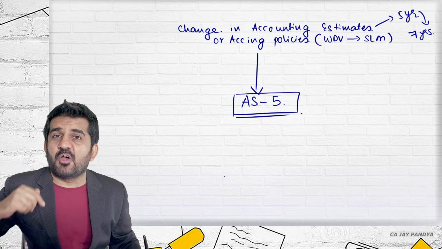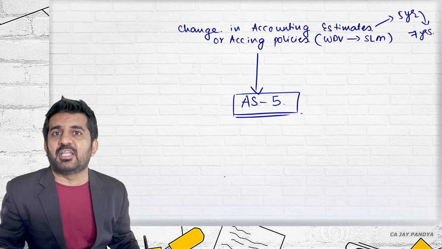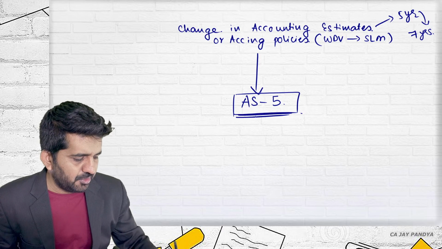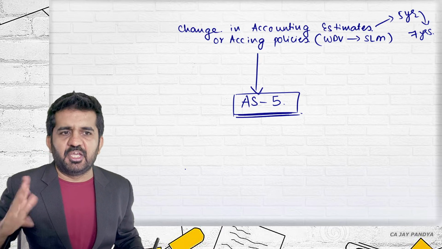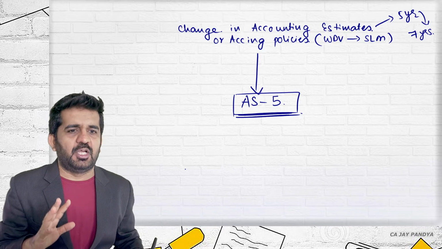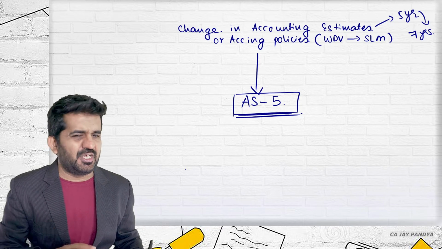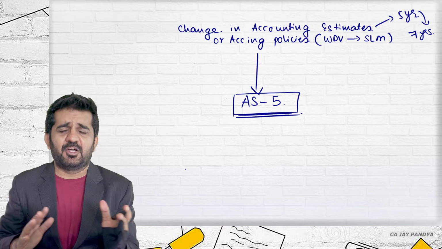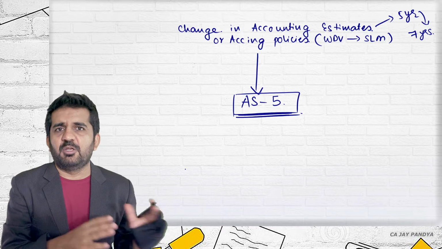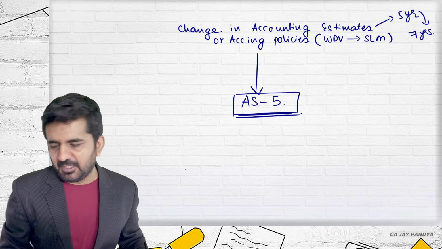So even if it is of an asset or of any other thing, it is dealt in by accounting standard 5, which you will be learning in group 2. So we are not absolutely covering it over here. But there are some questions of depreciation which are included in AS10 also. They are part of AS10 plus AS5. But we will be doing it, and believe me, it will be very much simple. Sorry.